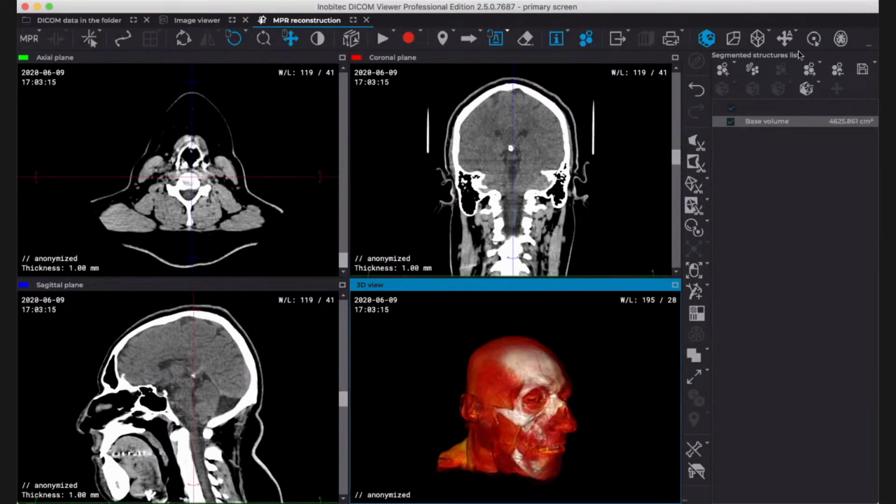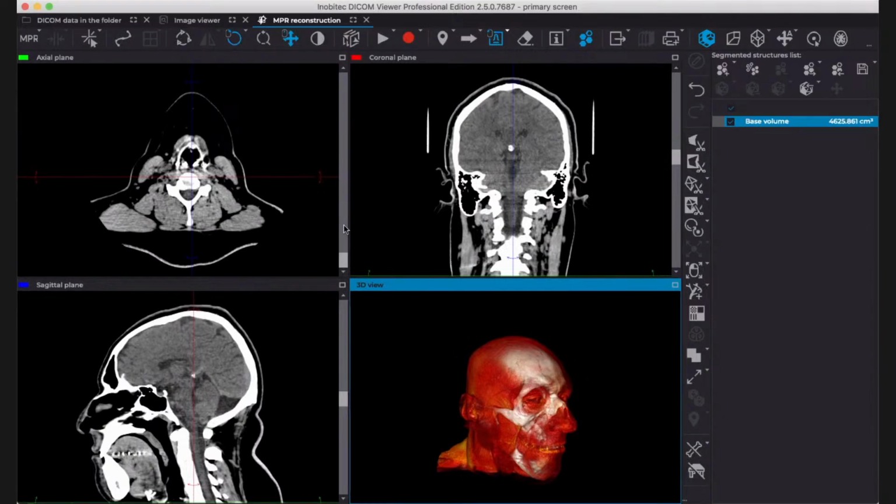Okay, so to go over segmentation, there are a few concepts that we need to learn or review so you understand how this software works. First, base volume. Base volume is every pixel we have in our DICOM image here. So it includes all pixels. I will just, using this eye here, remove all information from your patient so we have a cleaner screen. So here, base volume, every pixel, and you see you have the 3D view of every pixel